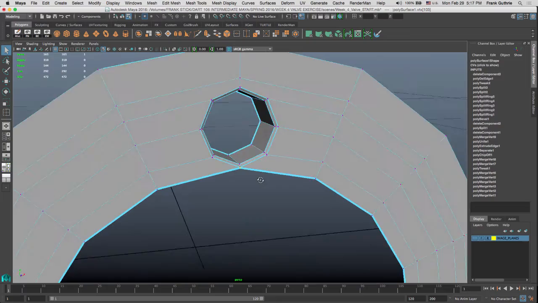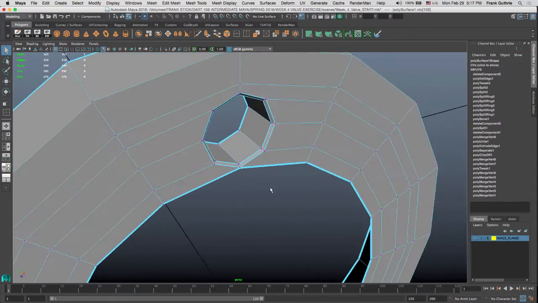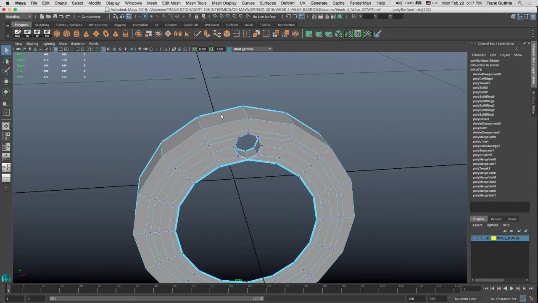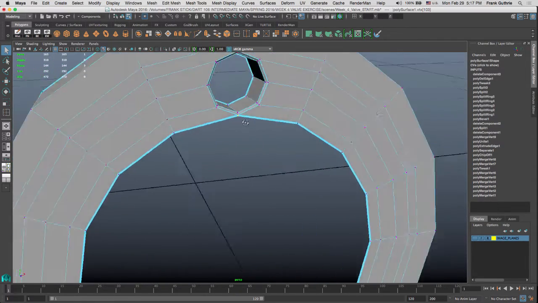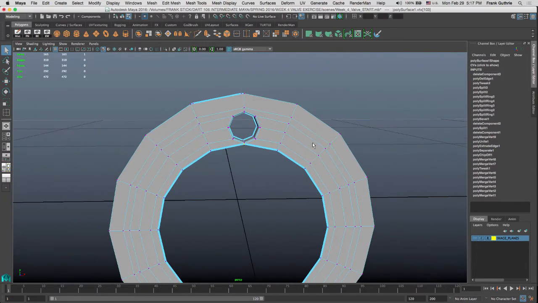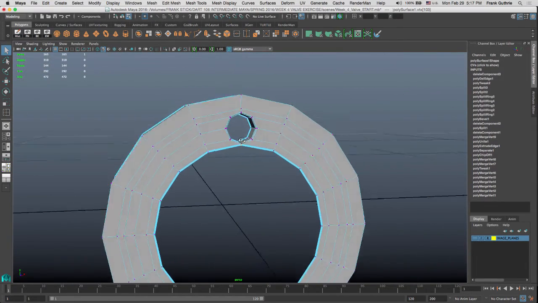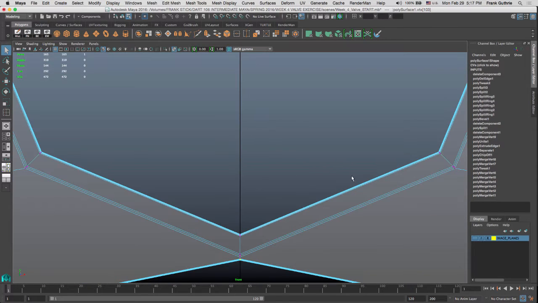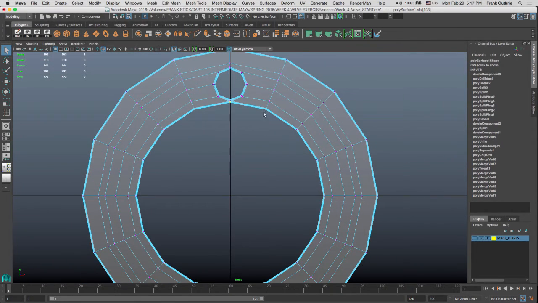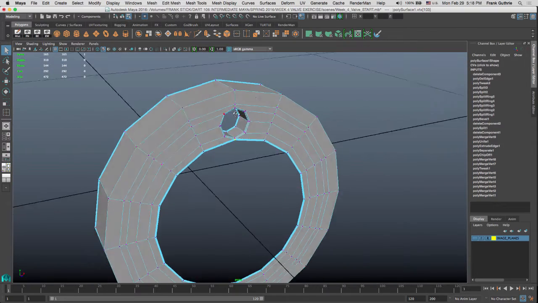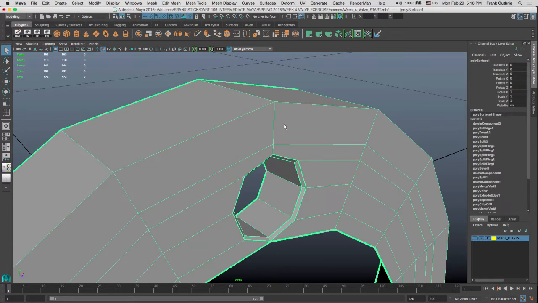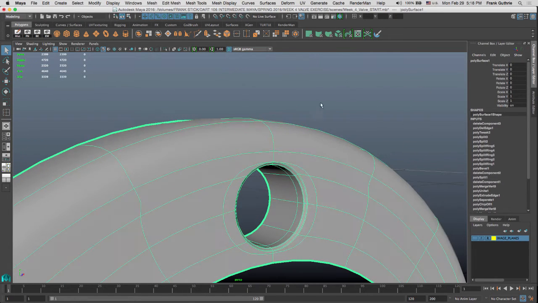So what we're going to do is first bevel the top, so we take care of that bevel once and for all, and then we are going to delete everything except for this wedge, and I'm going to show you a trick on how to use the extrusion tool with a custom center pivot. And the center pivot is going to be the center pivot of this flange right here. So we need the entire flange because I want to make sure that this bevel right here on the very, very top, if I hit 3, I want to make sure that this bevel is as good as the bevel